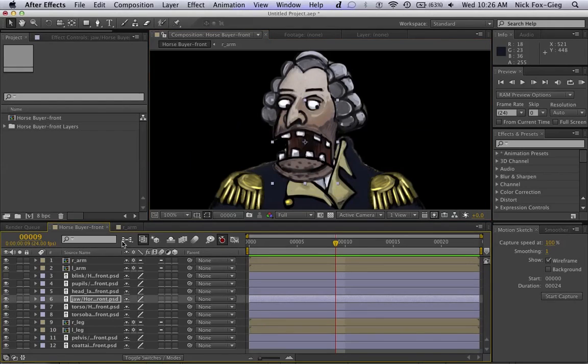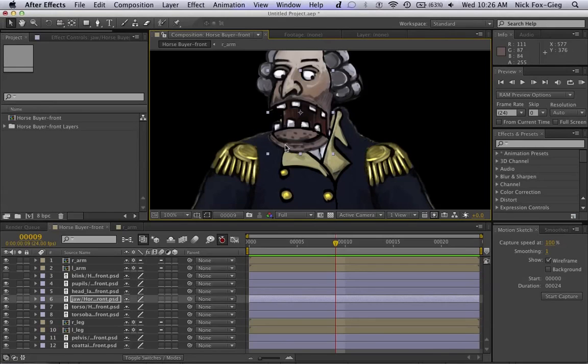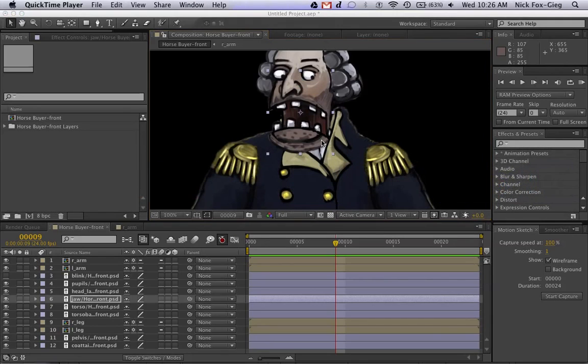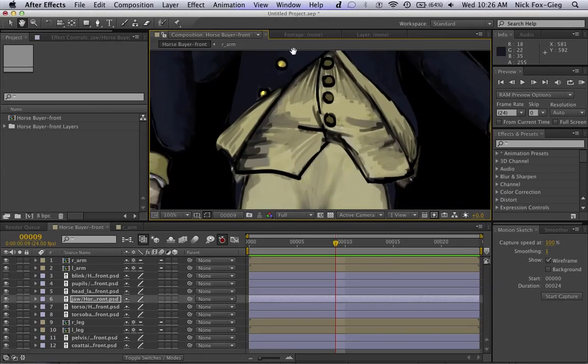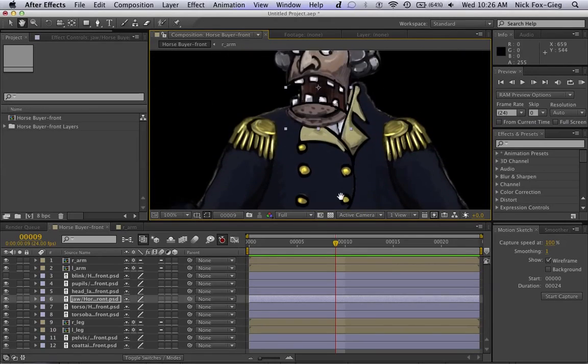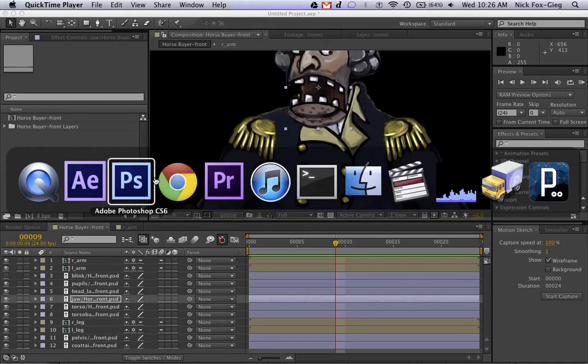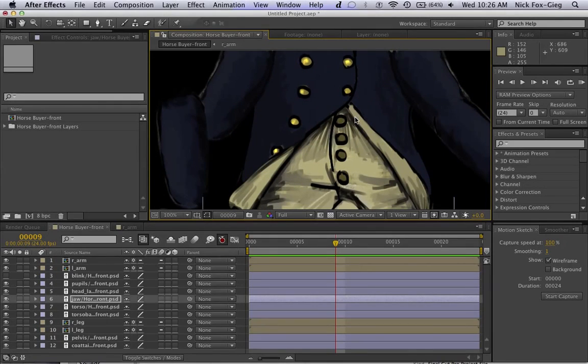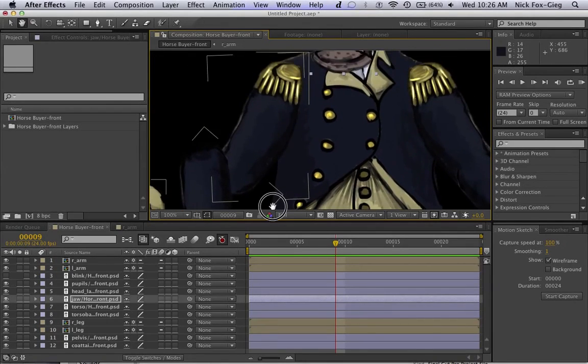Yep. Based on, do I still have the original? I might not have the original painting. This is it. The cartoony bits are my drawing. I basically drew this on top of an 18th century painting of George Washington. I wanted an officer. They just had a great detailed painting with all the buttons and braid and the uniform. So